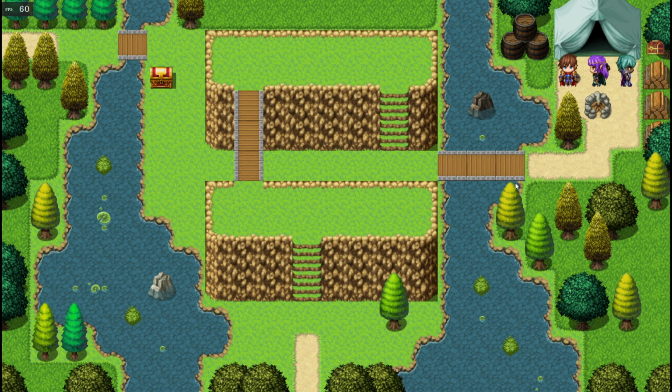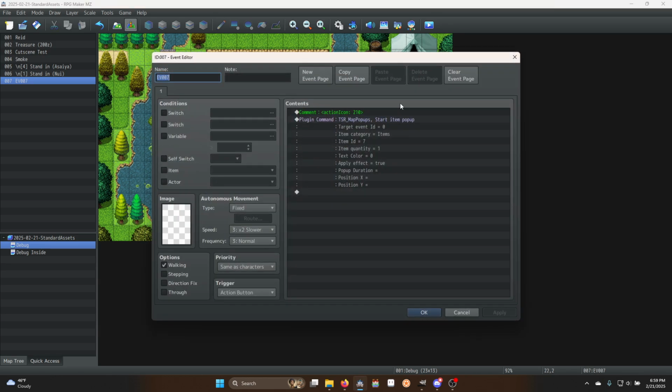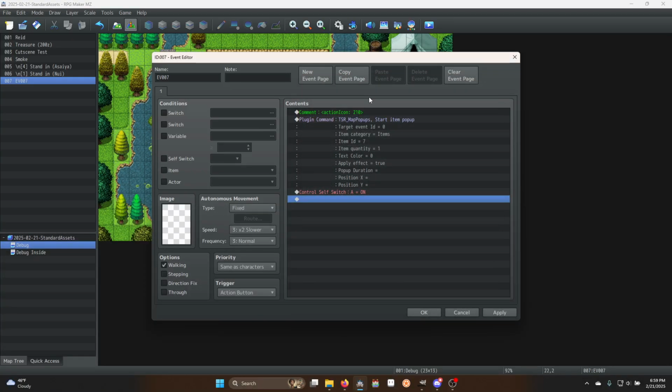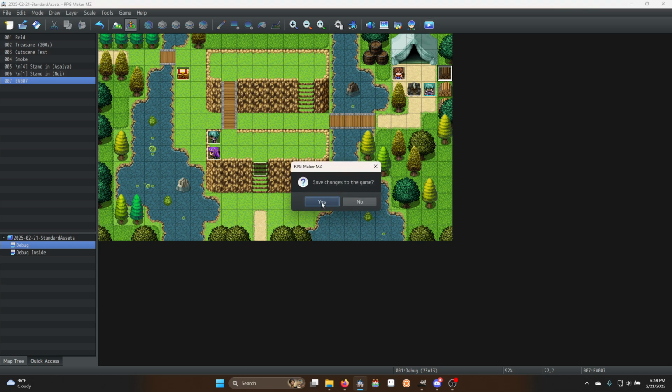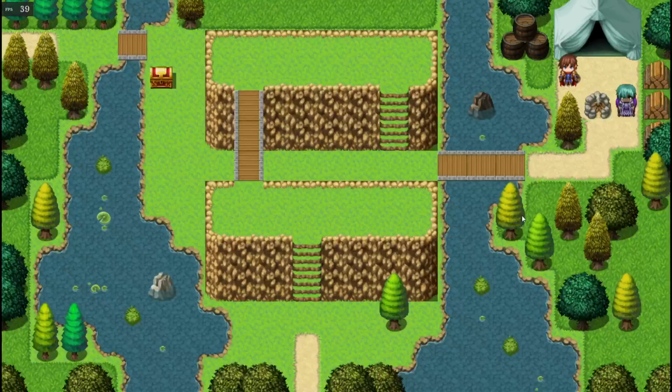See, that little marker there tells you there's something to click on. You click on it, you get your potion. And of course, I have it set to you can get infinite potions. To prevent the infinite potions, you would simply do something like Control Self Switch A, then create a new page with A and nothing on it. And now, when you grab it,